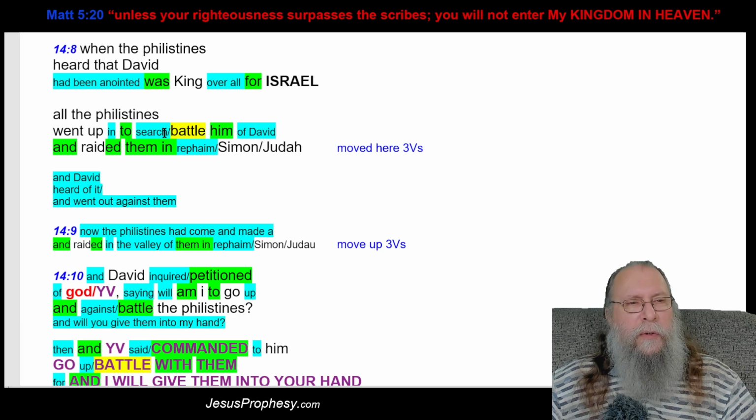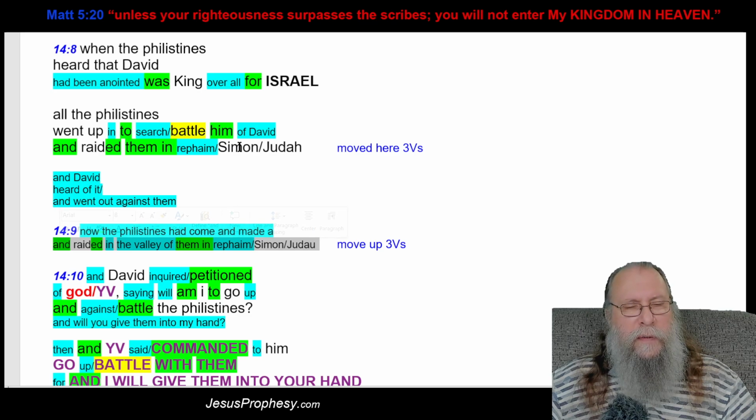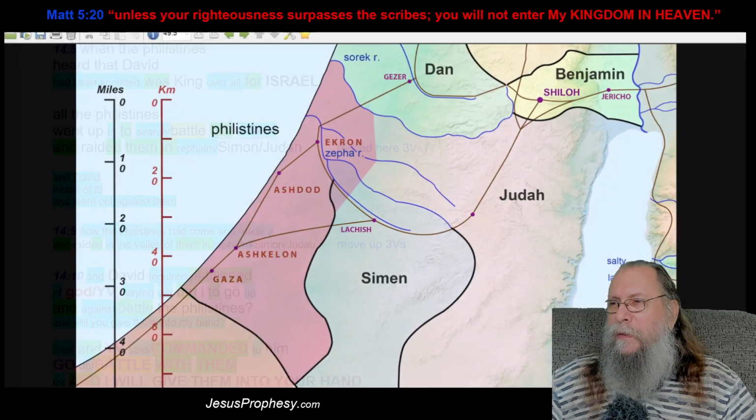Not search, they were going to battle. So this is completely adding, because the word search is just not true. And what I did was I'm moving this one verse, just this, which is this right here. I'm moving up here. And I haven't decided which of these is the more truthful tribe land that they were battling, because